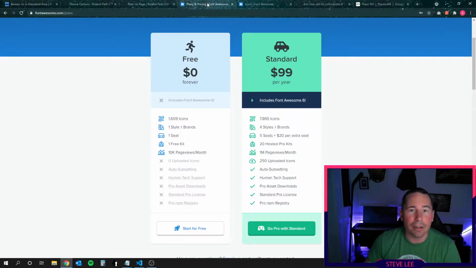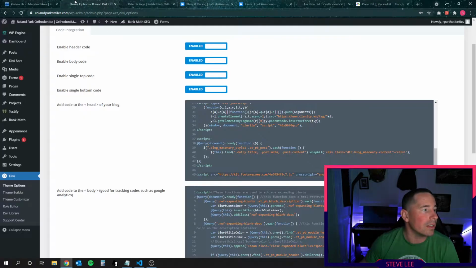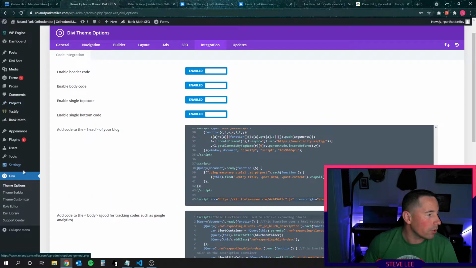You're going to need a FontAwesome account if you don't have one already. They have a free option. They have a paid option. Just go ahead and start with the free one. Enter in your email address, verify it, and then they'll give you a single shortcode to use that you can pop into your website. Now you've got to go into the back end, go to Divi, Theme Options,